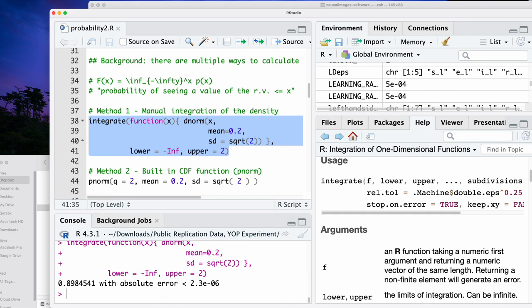So the answer there is that there are several different kinds of integration. In one kind of integration, we can use the analytical formula derived by mathematicians to do the integration. So for example, we can literally go with the integral and compute the integral of f of x, and we can figure out what the analytical formula is, and that would be an exact solution. But in some cases, we don't know what the exact solution is. And in those cases, we use numerical integration, where we basically approximate the